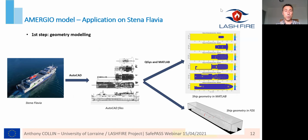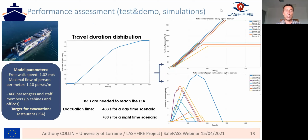Then, this is how we are working. We take the real ship, here in this case, the Stina Flavia. We take the detailed maps, the detailed design of the ship, and we adapt it for our simulations in order to study for every deck, for every compartment, what is the required time for evacuation. What we obtain is this kind of result. You have in the middle of the slide the number of people as a function of time that are reaching the LSA, so that you can see that after